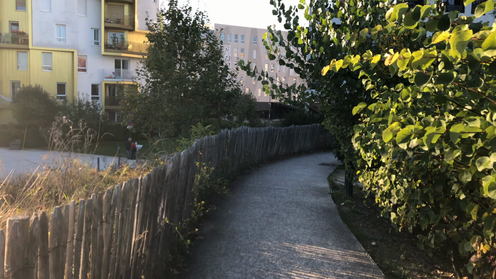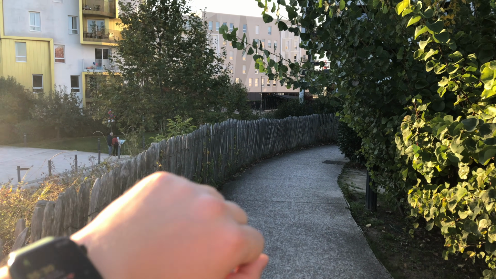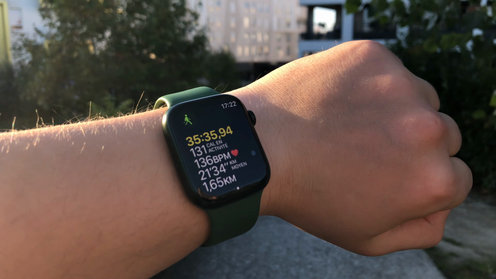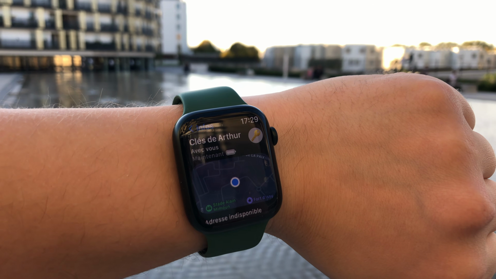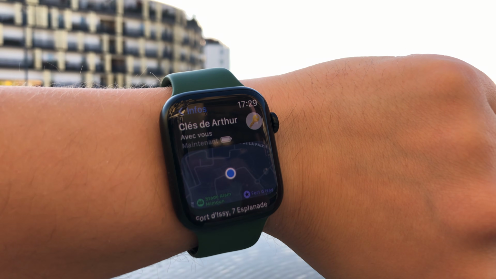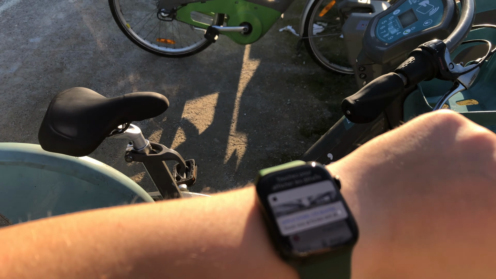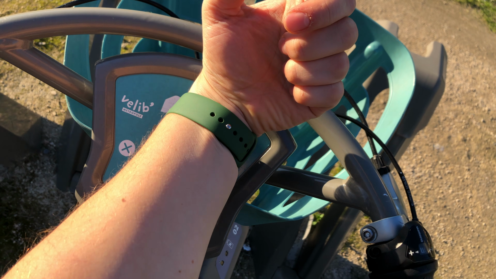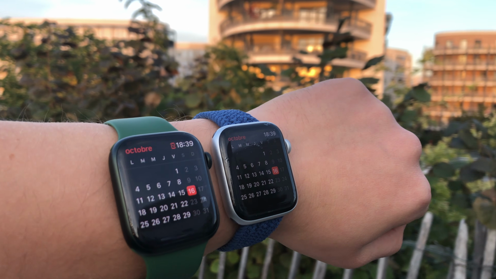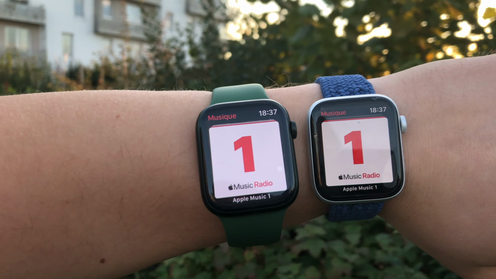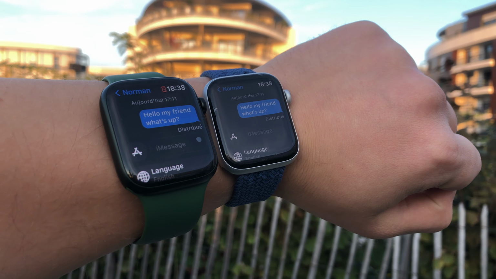As an example, let's say I'm going to run. Usually I'm using the Nike Plus Run app to record my progress. Sometimes I'm listening to music and sometimes I don't. I want my volume level on my AirPods Pro to be at 70% and I don't want to be distracted while I'm running, which means no calls, no messages, no notifications, but still some exceptions for my VIP contacts. A lot of things and a lot of actions, right? And I want all these actions to happen automatically, just in one tap. Well, that's basically the purpose for which the Shortcuts app was originally created.